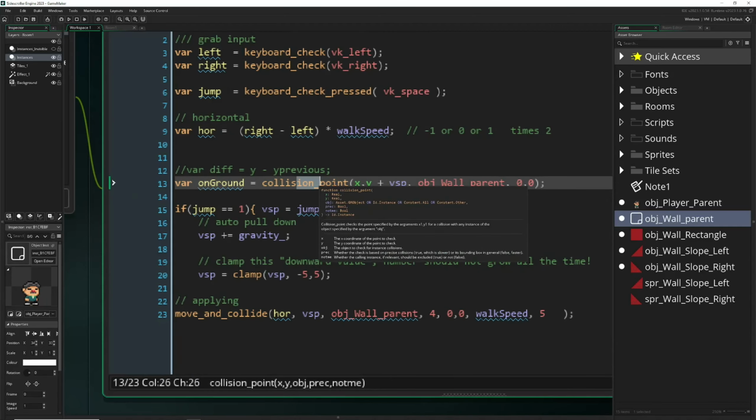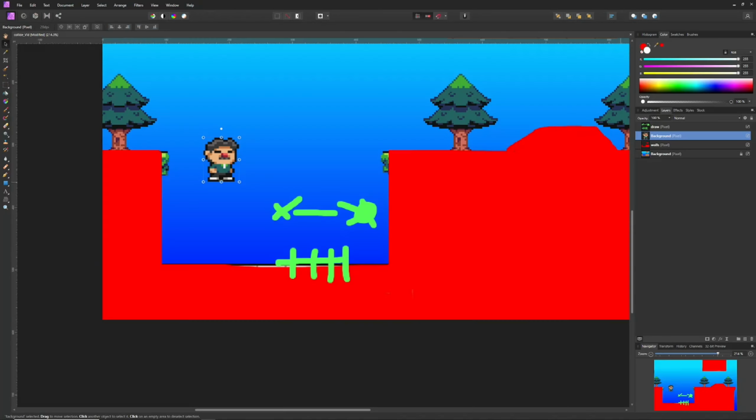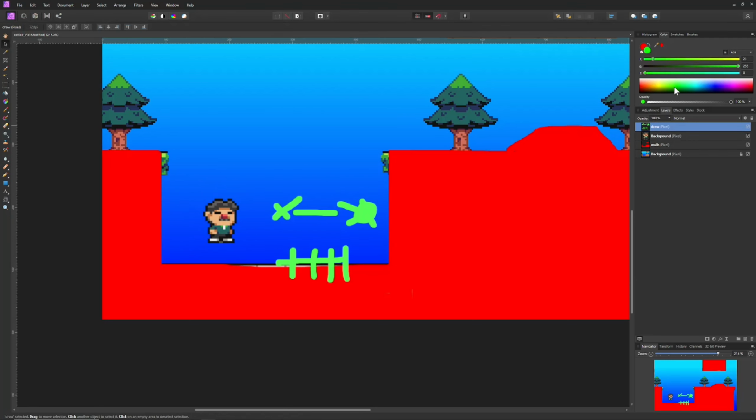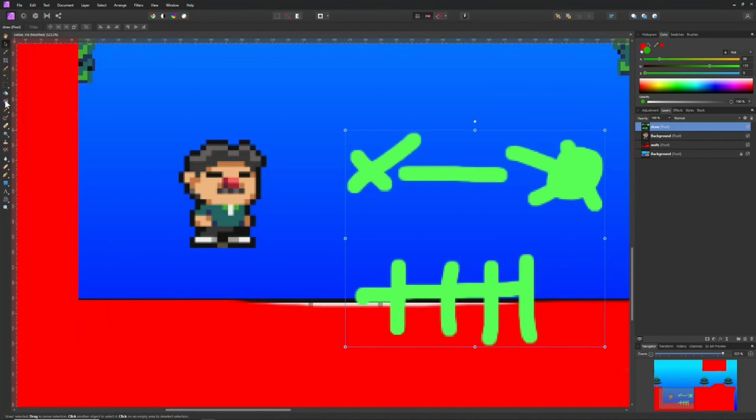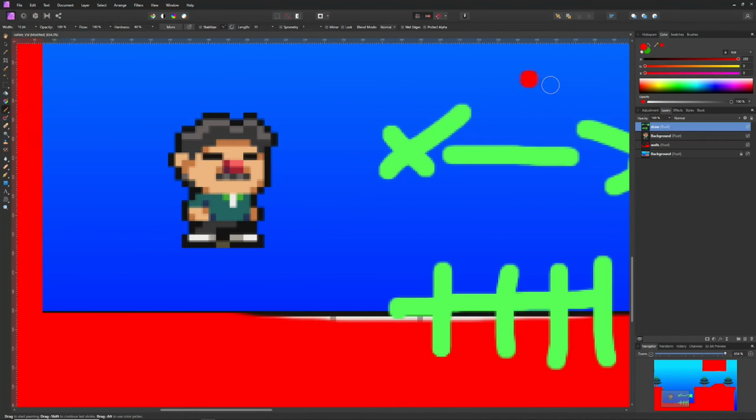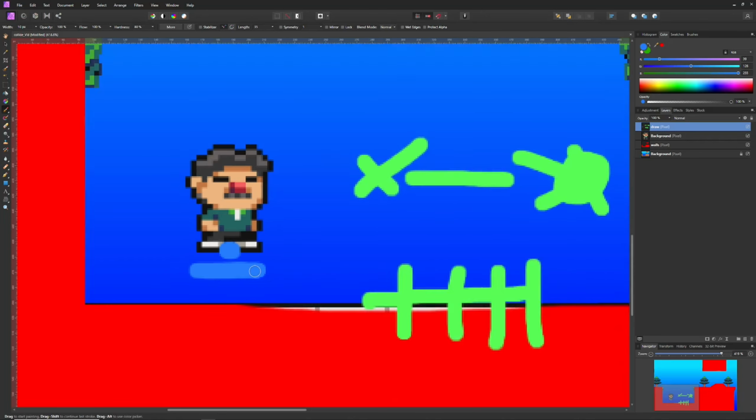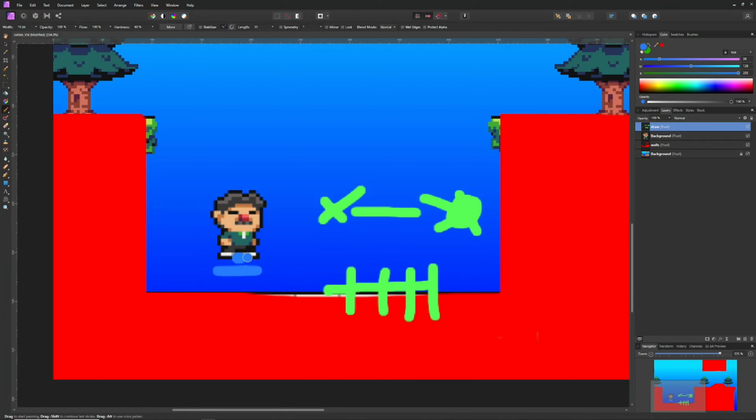So we're just checking for a collision point. So what are we doing? We're just having an additional, all the time, a check, hey, above us, below us. So for example, here this is our X and Y point, and then a little bit below we're just checking, hey, is there ground? So +1, let's say, or our